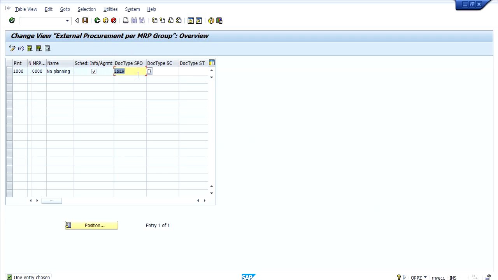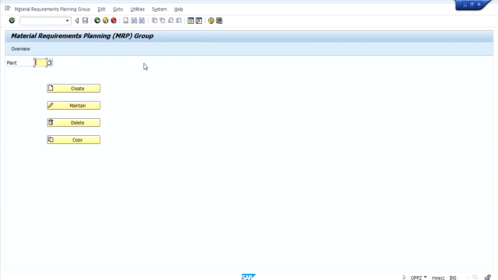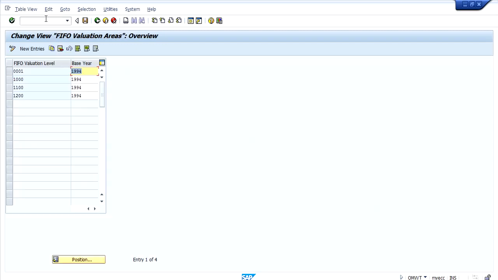So this is the purpose of this. Instead of going into this path, one can go to the OPPZ transaction. Again it will come to this screen only, or OMWT.